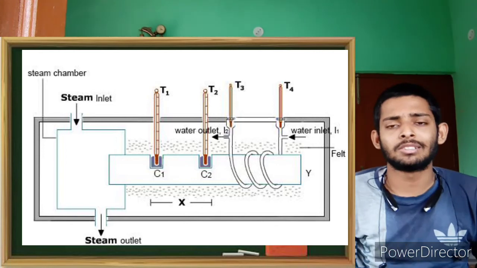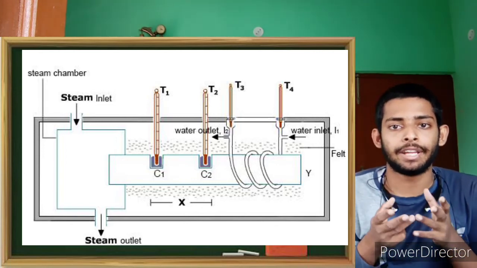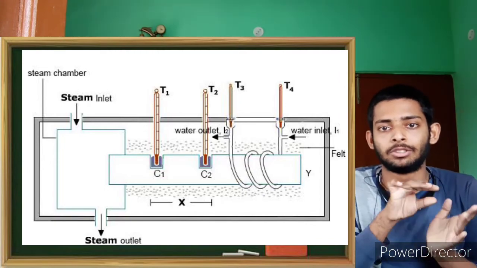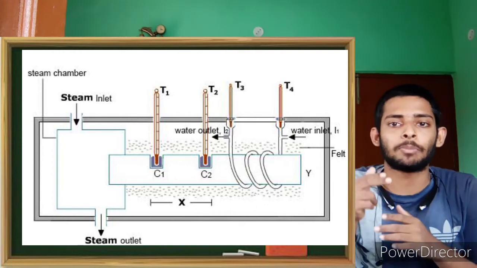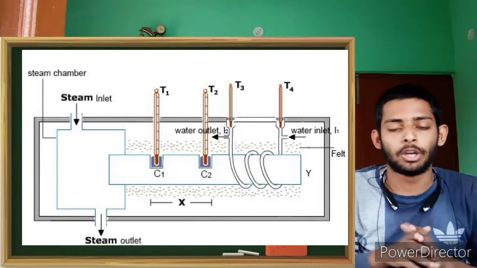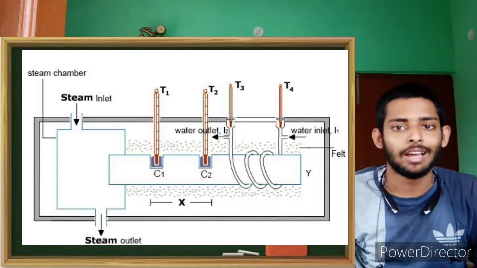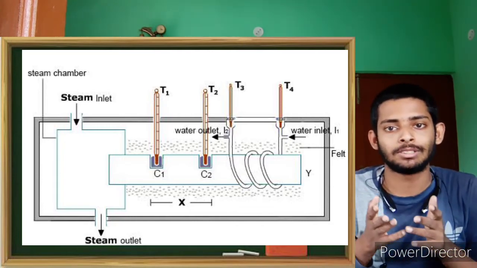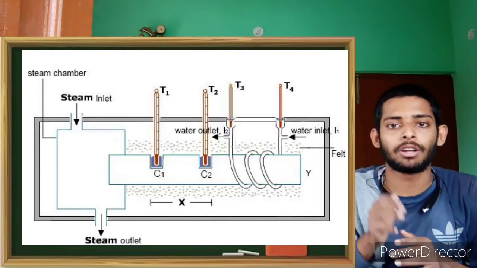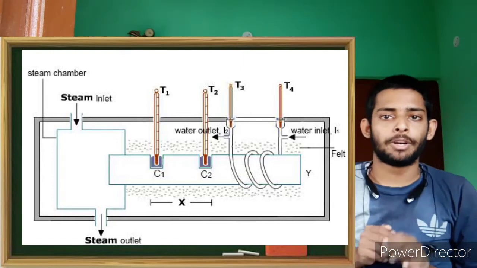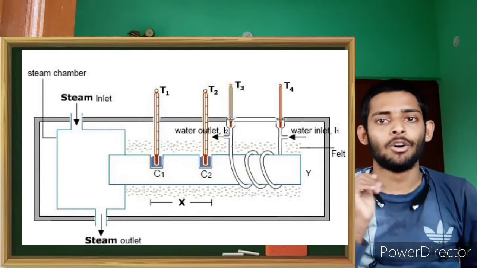So here in this rod we can see that all the heat which the rod gains from the steam goes into the water that is moving inside the spiral of the copper tube, because the whole system is thermally insulated, so no heat is coming out from the system, and that's why all the heat is going inside the water passing through the copper tube. So that's why all the heat is getting trapped inside the water.